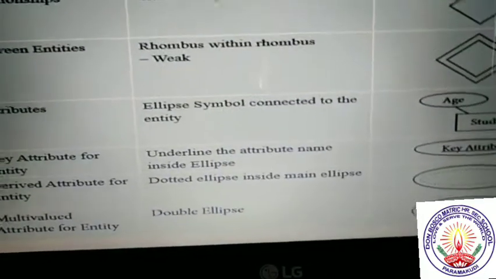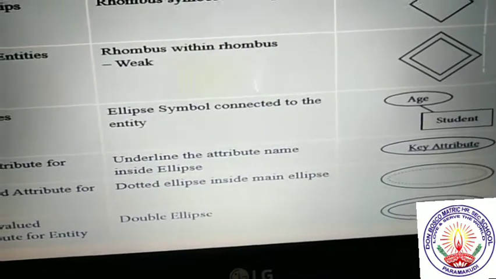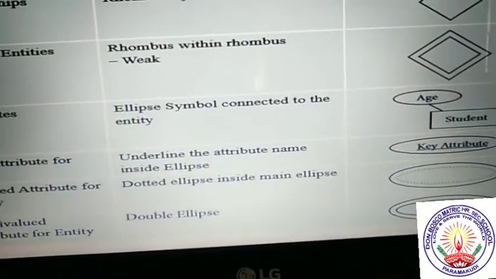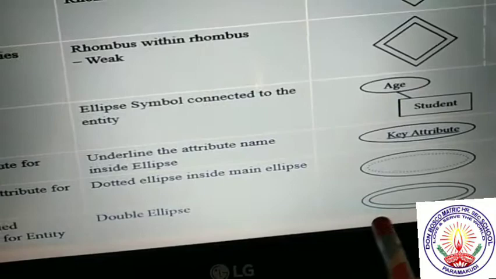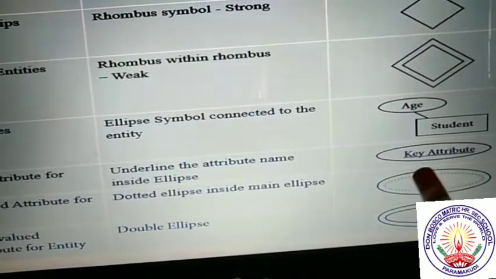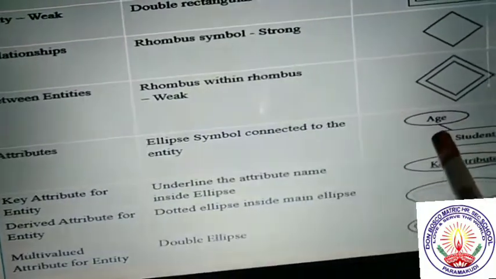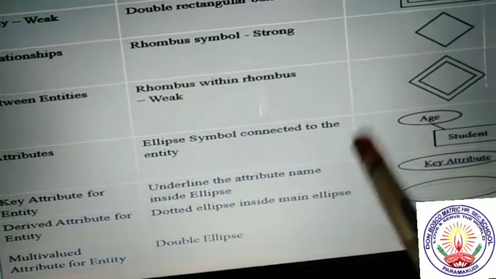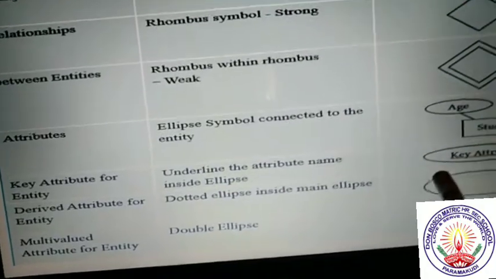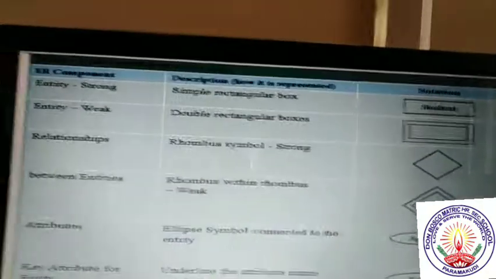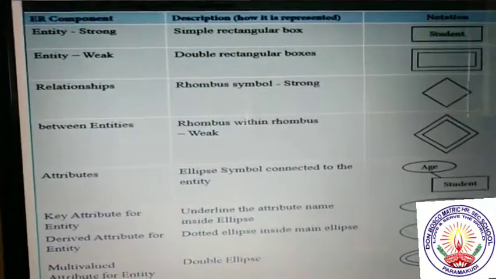For example, any person having multiple degrees, BSc, MSc, MPhil சொன்னோம் இல்லையா. ஸோ ஒரு பர்சனுக்கு மல்டிபிள் வேல்யூ அந்த ஆட்ரிபியூட்ஸ்க்கு நம்ம கொடுக்குறோம் அப்படின்னா அந்த டைமிங்கில் நம்ம யூஸ் பண்ணக்கூடிய டபுள் எலிப்ஸ், அண்ட் டிரைவேஷன் அப்படிங்கிறப்ப டாட்டட் எலிப்ஸ். ஸோ ஒரு ஆட்ரிபியூட்ஸ் நீங்கள் கிரியேட் பண்ணுறீங்க அப்படின்னா அதை நம்ம எலிப்ஸில் ரெப்ரசன்ட் பண்ணுவோம். அந்த ஆட்ரிபியூட்ஸில் ஒரு அண்டர்லைன் கொடுத்துருக்காங்க அப்படின்னா அந்த ஆட்ரிபியூட்ஸுக்கு ஒரு பிரைமரி கீ கிரியேட் பண்ணியிருக்காங்க. ஓகே, ஸோ திஸ் இஸ் வெரி இம்பார்ட்டன்ட் கான்செப்ட் in the ER diagram. So just you have to draw in your notebook.